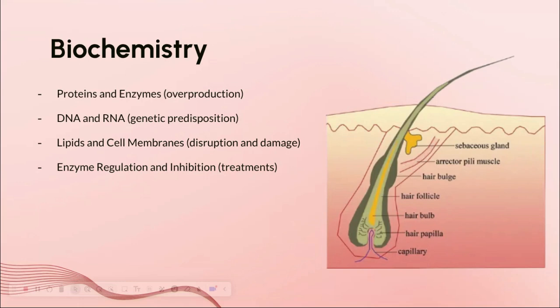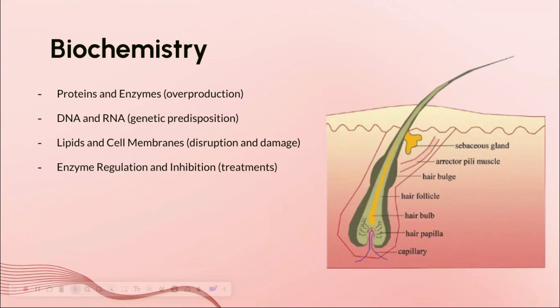In alopecia areata, proteins like cytokines are overproduced, signaling an immune attack on the hair follicles. Enzymatic activity linked to inflammation and antigen presentation, such as MHC, major histocompatibility complex proteins, is critical in the disease's